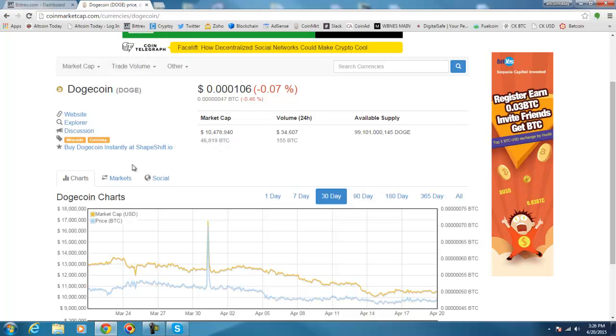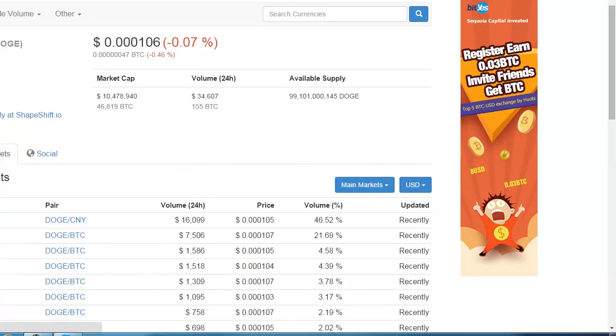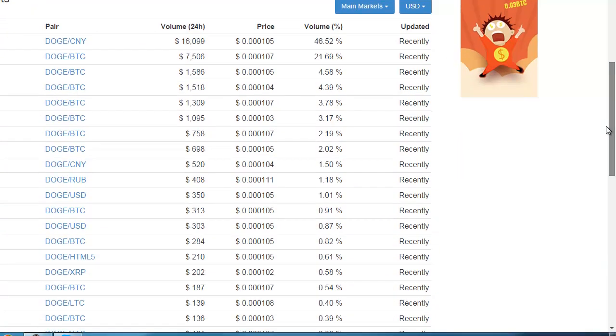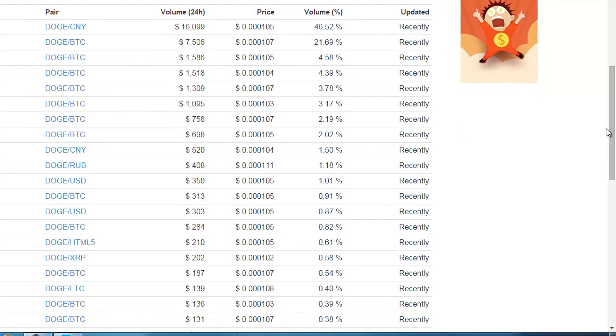More things about Coinmarketcap. You come over here to markets. You want to see who is reflecting on the price of Dogecoin. These are the list of the exchanges. The top exchange for Dogecoin is BTC38 with $16,099 traded today. The second one is Cryptsy. And again, you can go down the list and you will see all of the exchanges that are making up